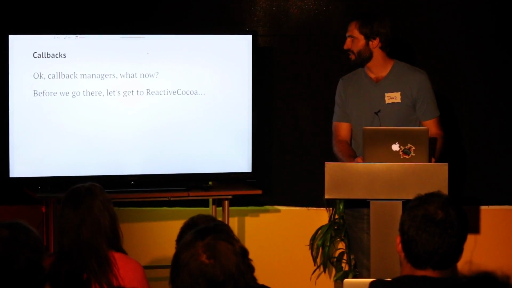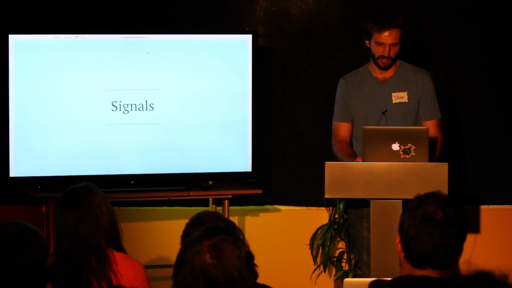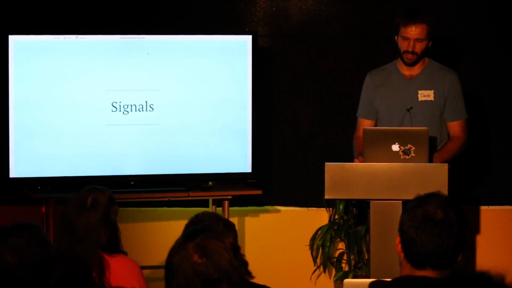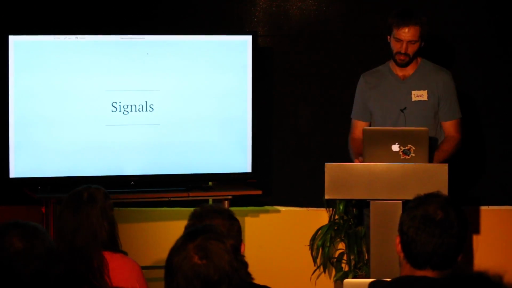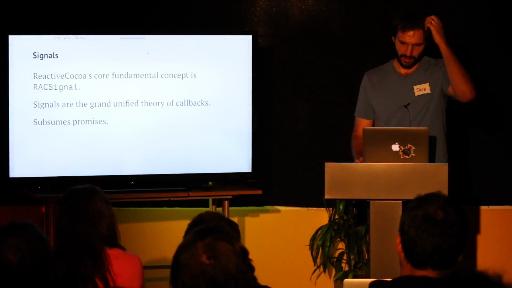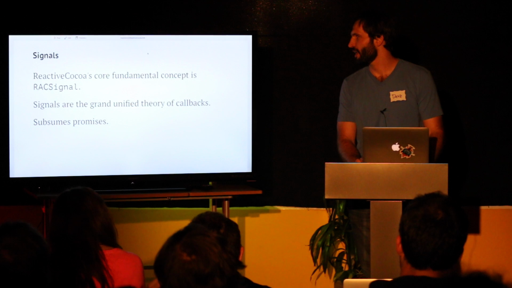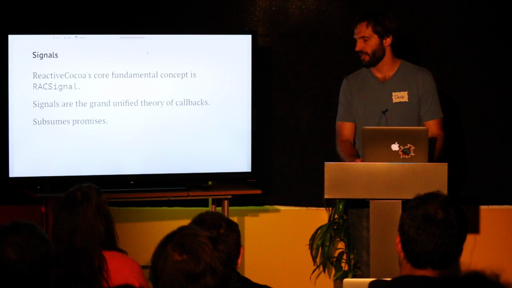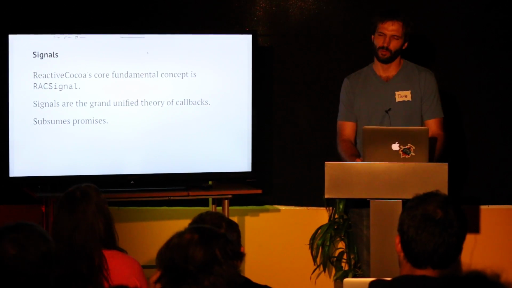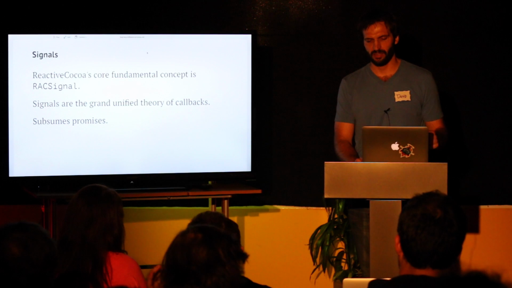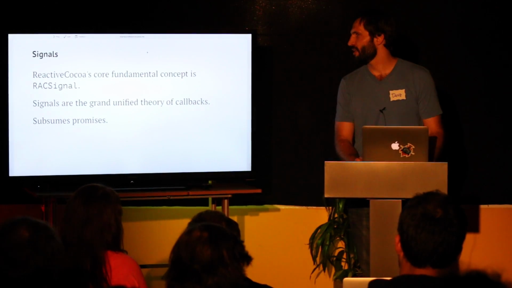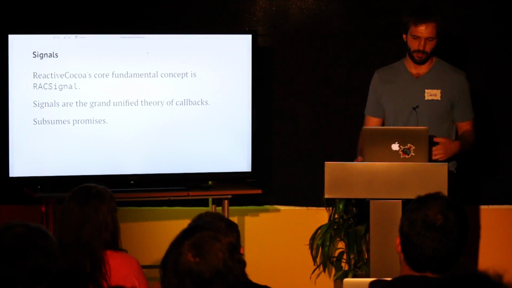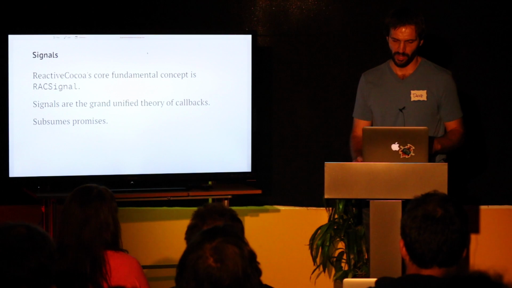So I've sort of identified this place for a callback manager, and that's really just a signal in Reactive Cocoa terminology. Other FRP libraries will call them different things, observables and other things, but here we'll call them signals. If you go to the Reactive Cocoa GitHub page, you'll see there are some documents in the repo, and the documents have a framework overview document, and it lists probably a dozen different things. When you want to get into Reactive Cocoa, none of those things are really important except for signals at first. You can get into them, but they're ancillary, so they're not important right away.